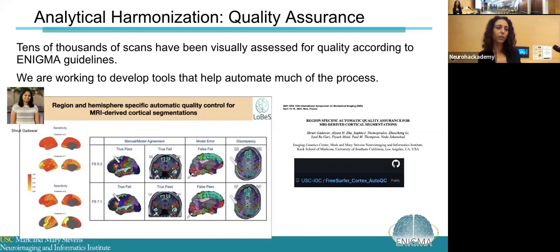And once you have had a lot of people go through and manually and visually look at their data, then you can start to build automated tools around some of this. So if you have data sets where a lot of the subjects in certain regions have been marked as QC fail, we can feed that into various machine learning algorithms, which we've been doing on my team as well. And so then these automated tools can help guide QCing in the future, especially as data sets get larger and larger.